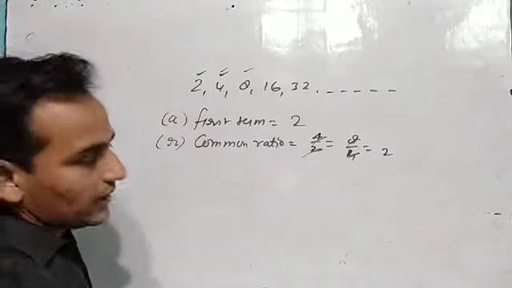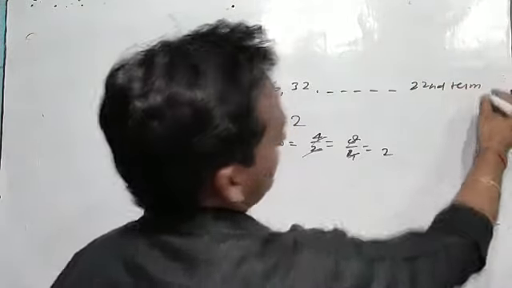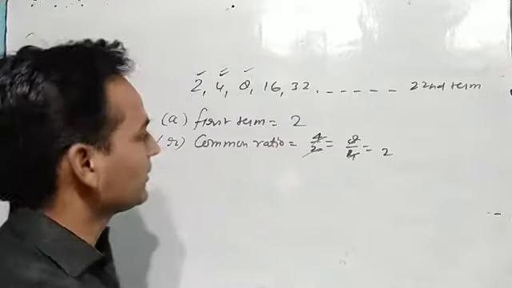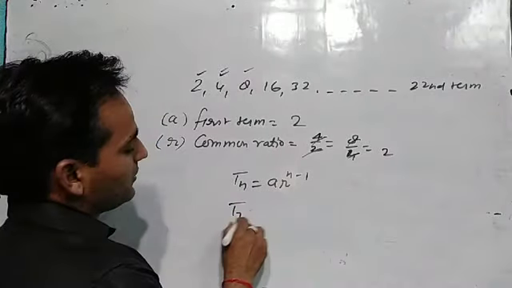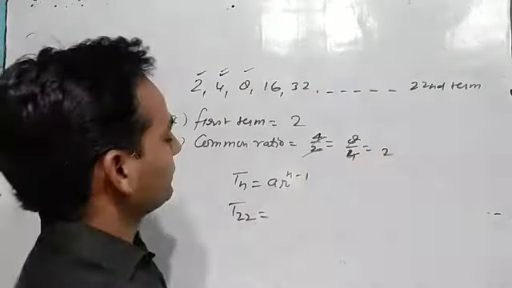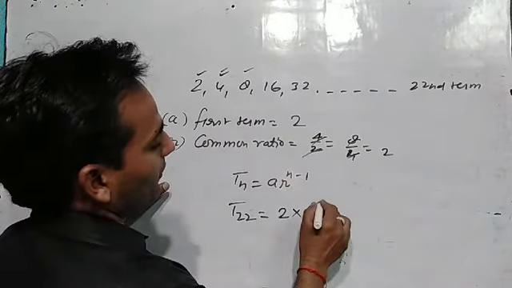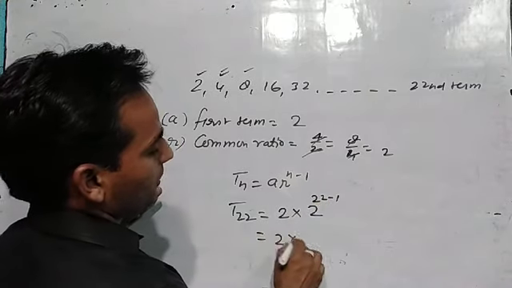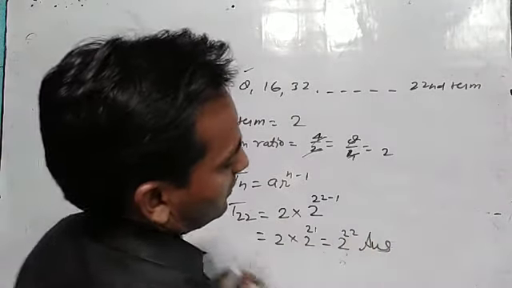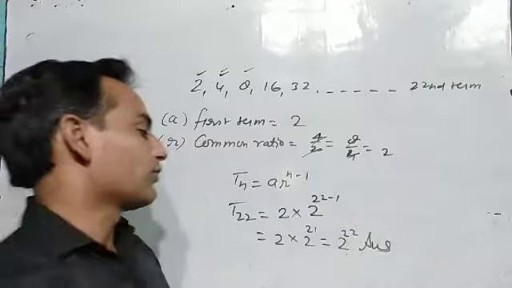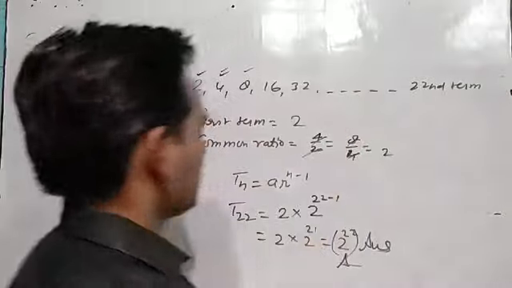Now common ratio is represented by R, first term is represented by A, and let us assume we have to find the 22nd term of this series. Okay. So Tn is equal to A R power n minus 1 we know. Tn means T22 because the 22nd term we have to get. Now A means we have 2, R is 2, power n minus 1 means 22 minus 1. So 2 multiplied by 2 power 21, so it is 2 power 22, and this will be the answer. If you want to solve, you can solve this also, and if you want to leave, this is the answer. This also is correct. Okay. So this is the way we will find the nth term of a GP series.